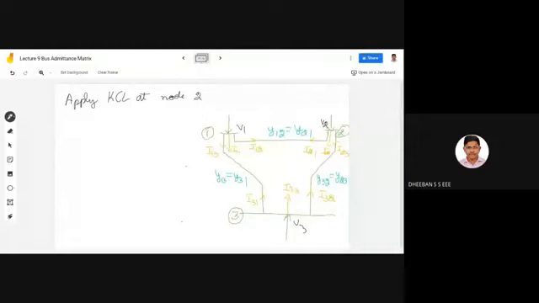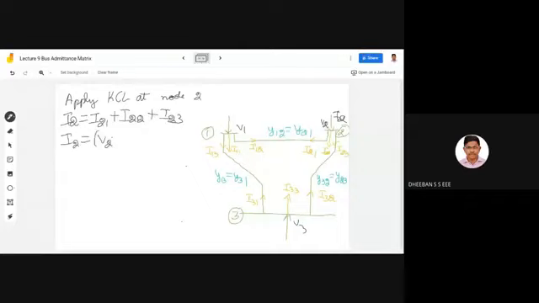Okay, node 2. If you are applying KCL at node 2, what happens? Your I2 will be equal to I21 plus I22 plus I23. Now we have to write this with respect to admittance. I2 equal to